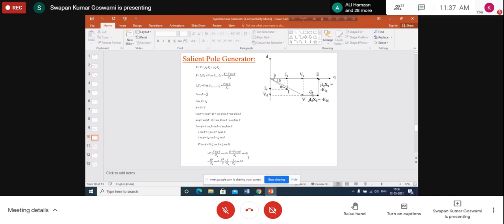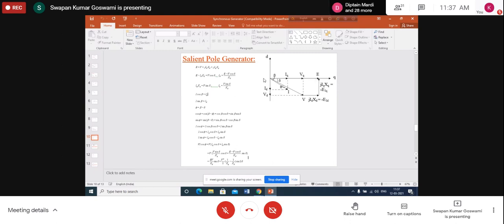Okay, for this purpose, now say this is the direct axis, pole axis of the generator drawn here. So this is D axis. That means field flux will be along this D axis. Field winding will be here, and if field current flows, obviously direction of flux will be this one. So this represents the direction of the field flux. 90 degree lagging with the field flux will be the induced voltage, and that will be along the quadrature axis. Say the induced EMF measured along the quadrature axis is E. So E represents the induced EMF of the machine.